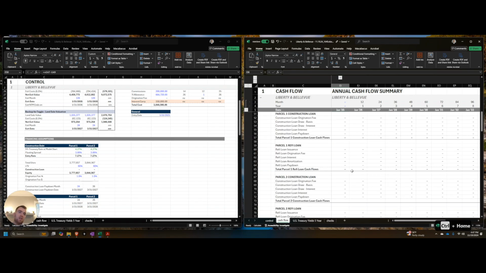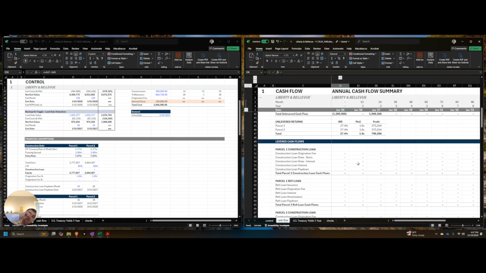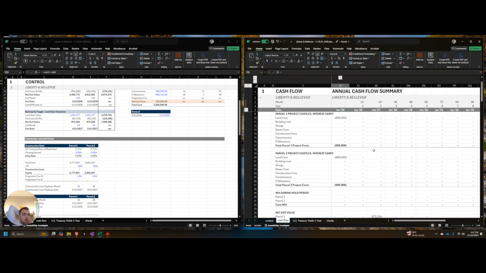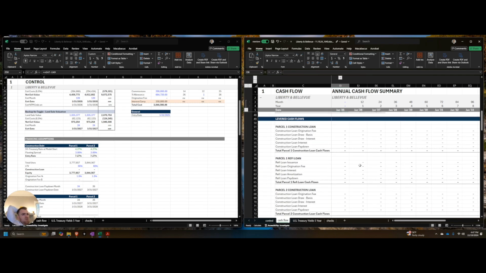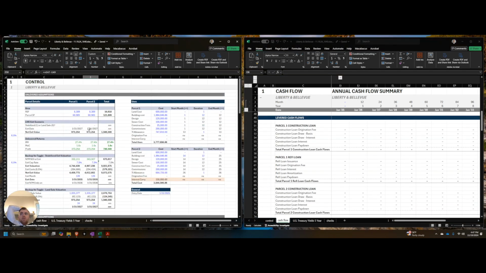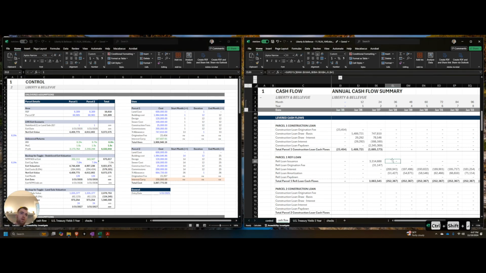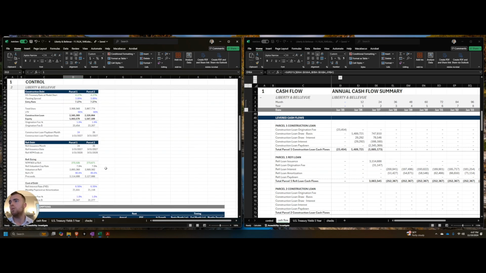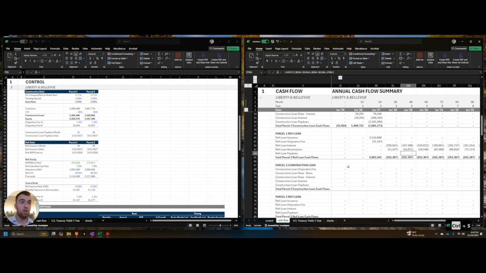I don't want to see any levered cash flows basically if I'm just doing the land sale thing. All right, so let's turn the construction loan back on. The stabilized stuff back on. And that looks good. The payment is always 252, which is that, and then so that's refi 1, and then